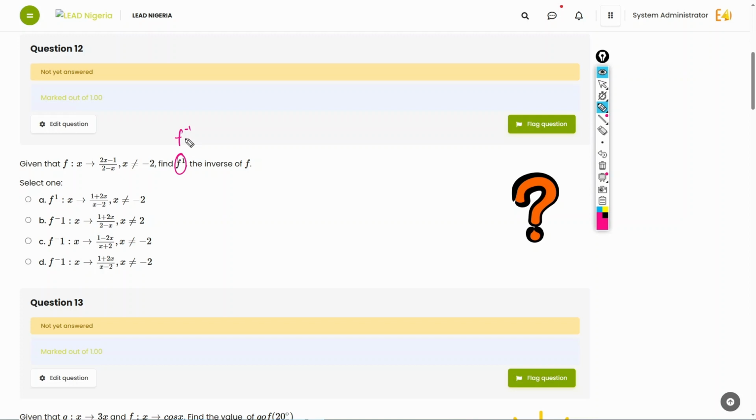All right, so how do we do that? I'll first write the original function as y is equal to (2x minus 1) over (2 minus x). So that's the basic function, y is equal to (2x minus 1) over (2 minus x). That's this original function here. Now to find the inverse, your job is to switch x and y. If I switch x and y, I would have